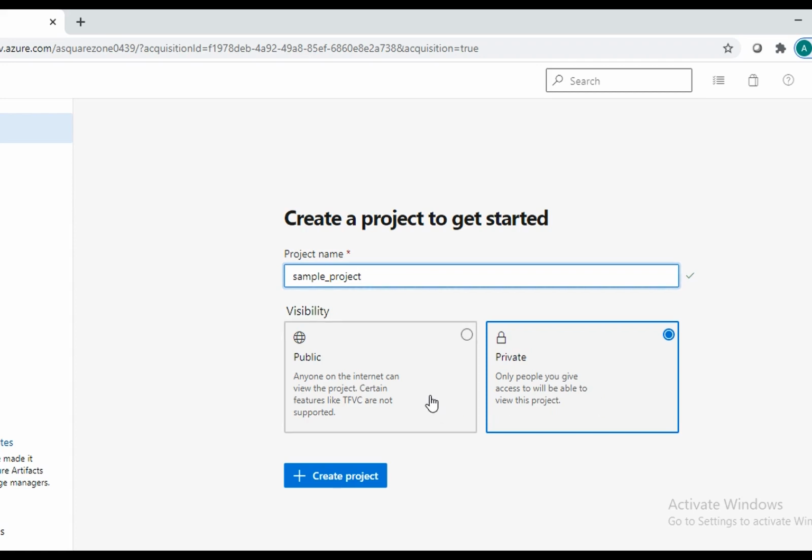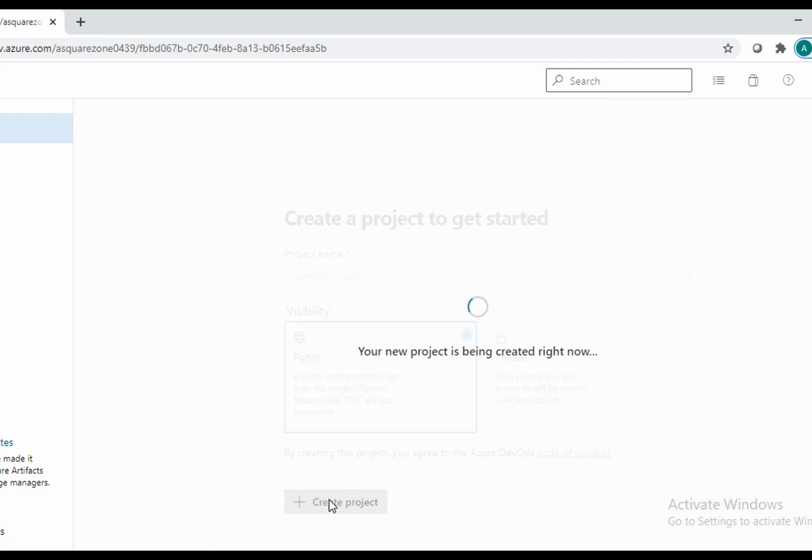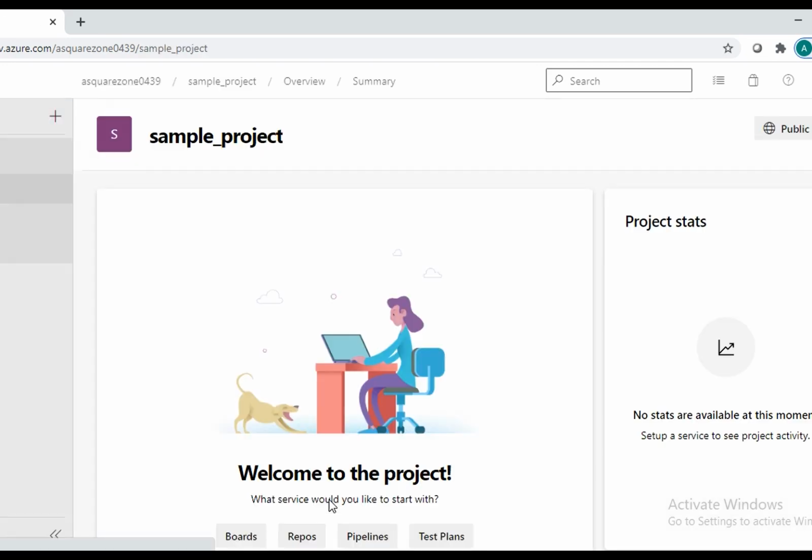If I click on public, anyone can view my project. Based on my accessibilities, I can give access to other team members as well. Now I'm going to click on public and create my project, sample project. It is creating a new project for me. So you can see now, sample project.